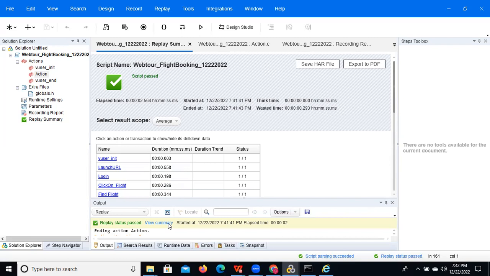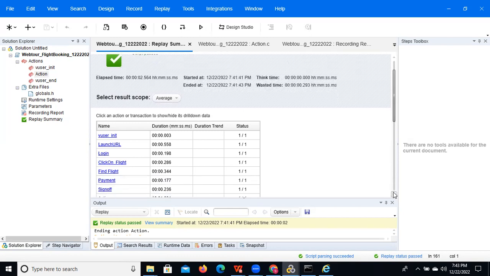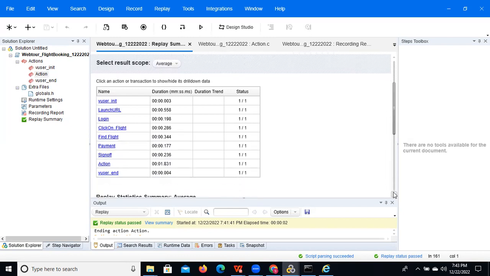Actually, I have a question. Suppose for this entire scenario, we are creating 6 transactions, right? Yes. One is accessing the URL, another one is login, and flight booking, and payment, and log off, considering these. Yes. So instead of doing